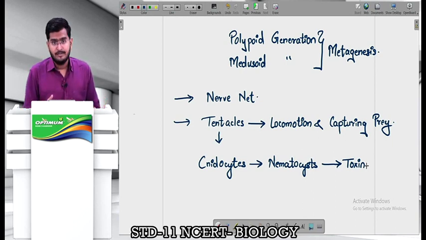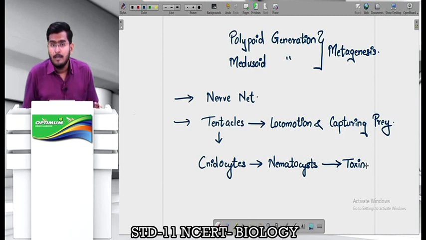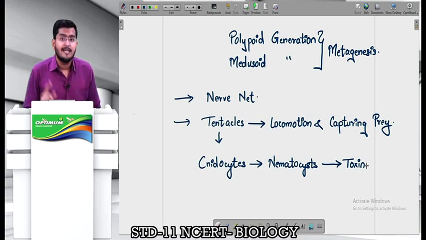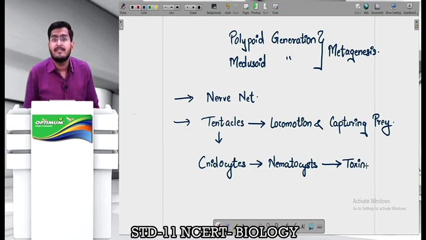Now why do they release toxin? It's a very important aspect. When any predator tries to capture the prey, the prey will try to escape. It does not want to be bound in a position. The prey will try to save itself. It will try to escape. Because of this, these organisms release a toxin. This toxin is a paralyzing toxin which is going to paralyze its entire system, because of which the prey cannot move. It cannot show any kind of movement. It is going to be paralyzed. Now it is very easy because the prey will not move at all and it's easy for these organisms to eat it up.